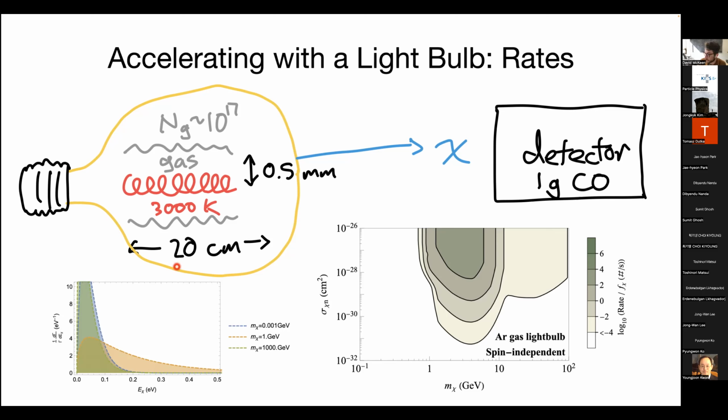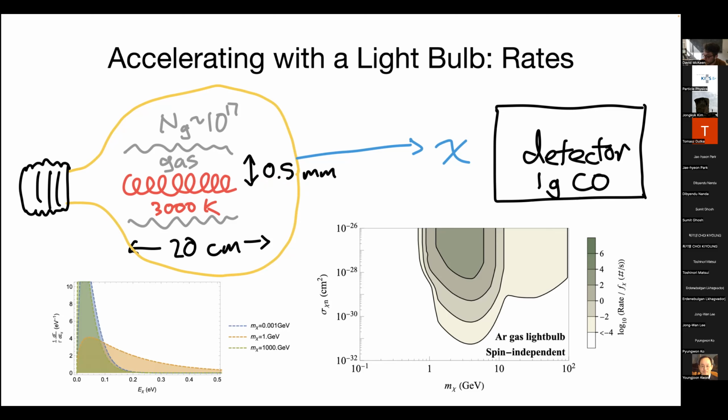So these filaments, you can easily make them tens of centimeters across. This is not hard to do. You can go and buy them in the store, more or less. And then you can go and compute, knowing how the gas interacts with the filament here, how strongly it interacts, and then self-interacts, the gas, that is. Then you can figure out the volume of this gas that's heated up to these high temperatures. Typically it's not a huge region around this filament, something like 0.5 centimeter or 0.5 millimeter,